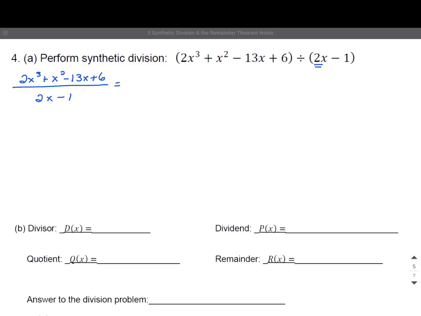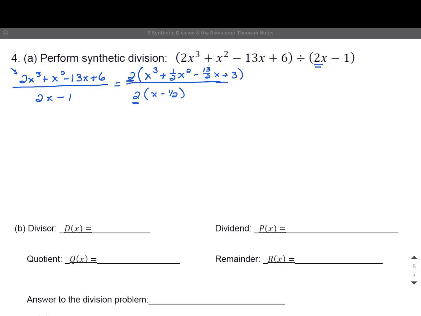Now, the problem is I have that 2 on the bottom. So I'm going to factor out the 2. And if I take 2 out of 2x minus 1, I'm going to get x minus 1/2. Okay? Now, here's the thing. In order to get rid of this 2, I need it to cancel with a 2 up top. That means I need to factor a 2 out of the dividend. So if I factor out a 2, I'm going to have x cubed plus 1/2 x squared minus 13/2 x